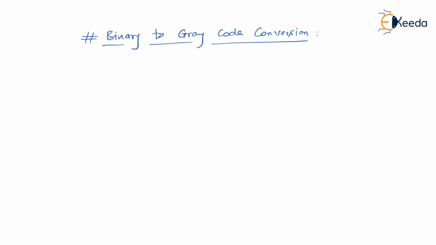Let us assume the binary code is given, that is B3, B2, B1, B0. In general, I am saying that the binary code is 4-bit. The size of the binary code is not an issue. What is important is to understand the process. Once the process is clear, for 4-bit, the same process is applicable for any size of bit.